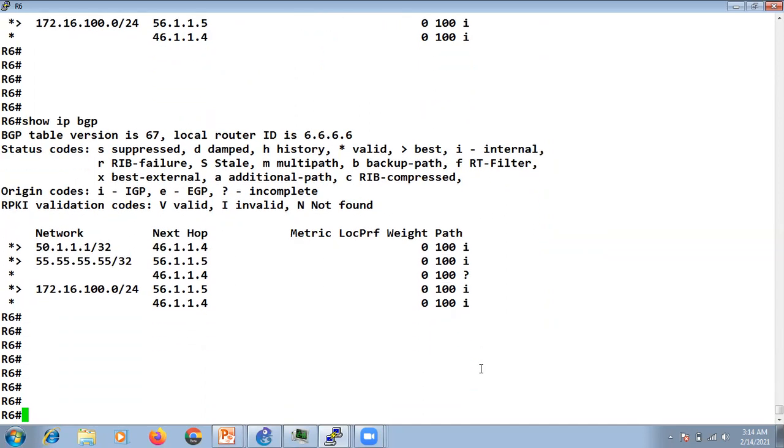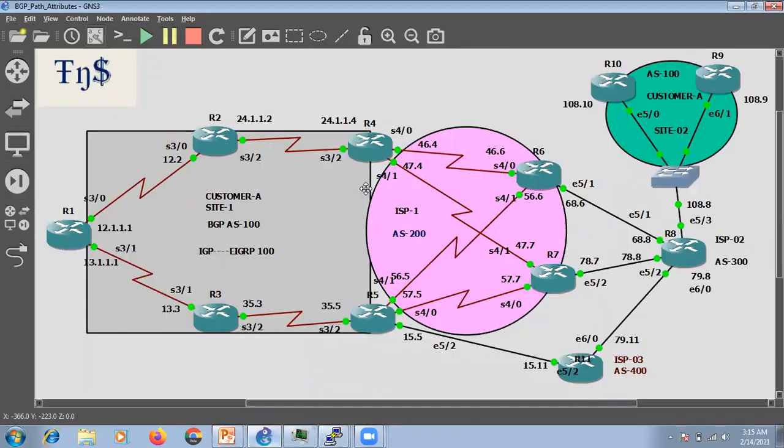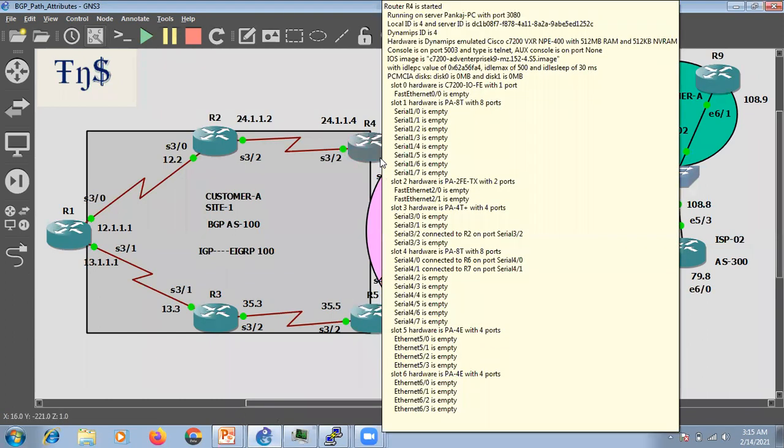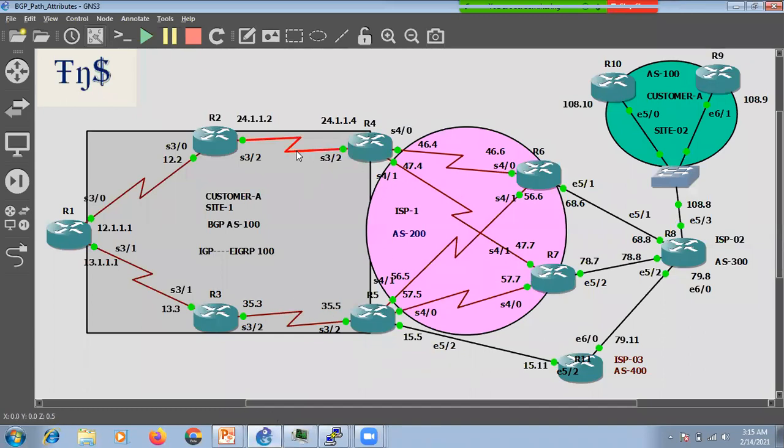So this is how we can manipulate, like as we discussed for the AS path, it is also used to manipulate the incoming traffic, right? So it means that we are telling the ISP what their entry point is into our company or our network, right? So these are the ISP routers. So we are telling the ISP router, okay, you need to enter into our AS via R5. So it is also used to influence the incoming traffic. Okay.